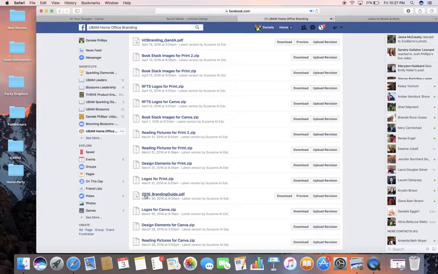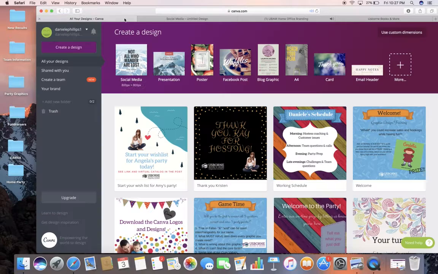You've already downloaded the branding guide and you'll need to refer back to that. Once you've downloaded all of that, go ahead and save it into a file folder so it's easy to access on your computer. Then you can go to Canva, sign up for this free website to create all of your awesome graphics,